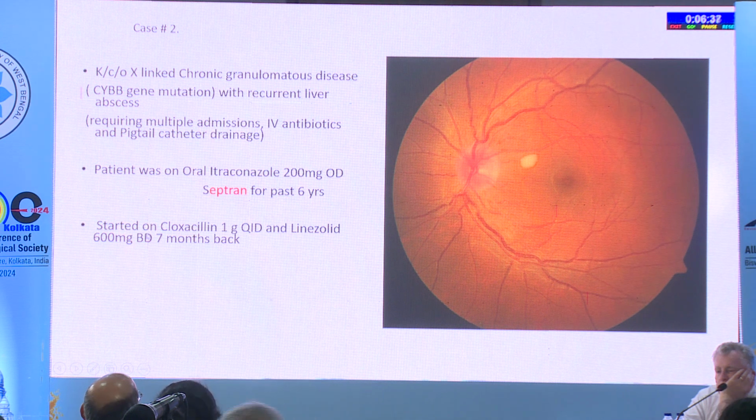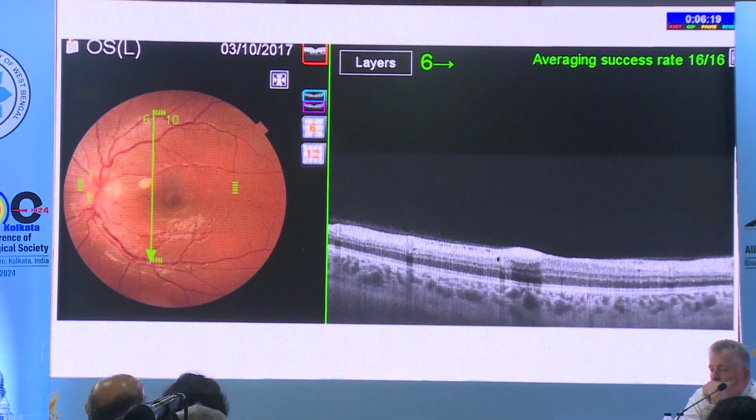He also received cloxacillin and linezolid 7 months back. So he came to us as a case of fungal endogenous endophthalmitis, knowing his history of the disease and predisposition to fungal infections. So what we did, we ran the OCT through this, and this did show there was a lesion in the